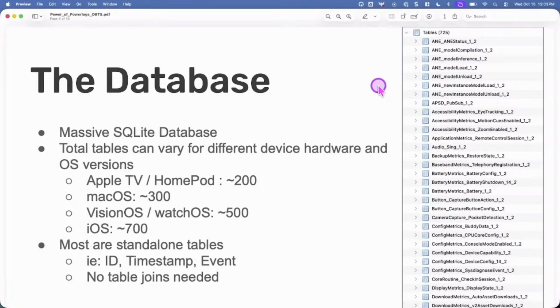All right, it's a big old database, 700 plus tables. It's going to be pretty variable depending on the device, so to give you an idea, I did it on Apple TV and a HomePod, and we're looking at about 200. But on iOS, specifically in the last couple versions or so, it's upwards of 725. So it will take a moment to literally go through all of them. They are more or less what you see is what you get. If you can read the table name, you can get a pretty good idea of what data is going to be contained in them.